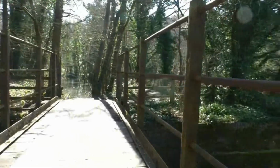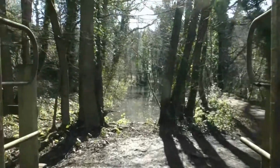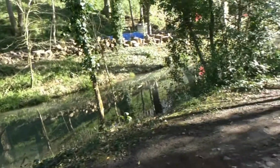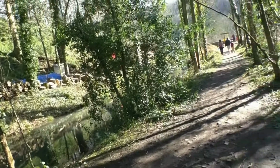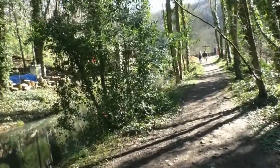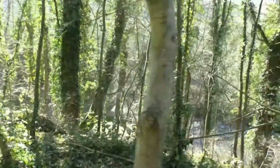And as we carry on, we can see the arm here is actually in water. Now we're approaching the junction of the Nightingale arm of the Cromford Canal with the Cromford Canal, and something of a major restoration project that's been taking place, but more of that in a minute. Through the trees you might be able to make out the Wigwell Aqueduct,